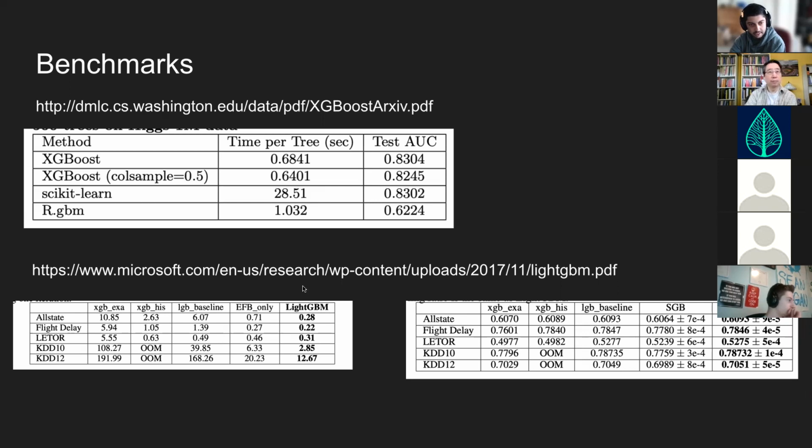So then since LightGBM came out after XGBoost, they also have some comparisons against XGBoost. So this is looking at various different data sets. And then it's also looking at the time it takes to train. So that's what this left graph is. It's saying the time per tree to do training. So if we look across the row,